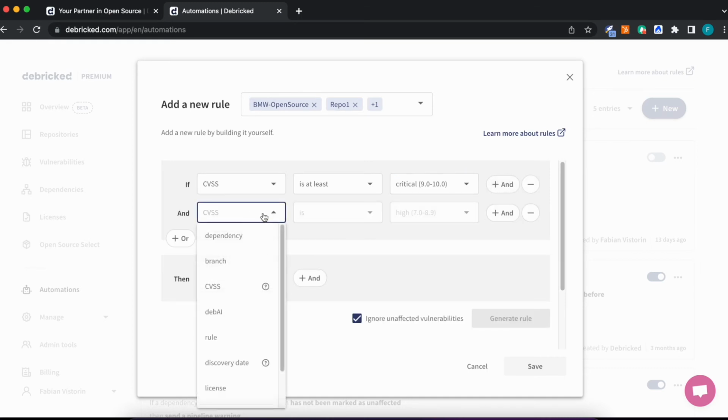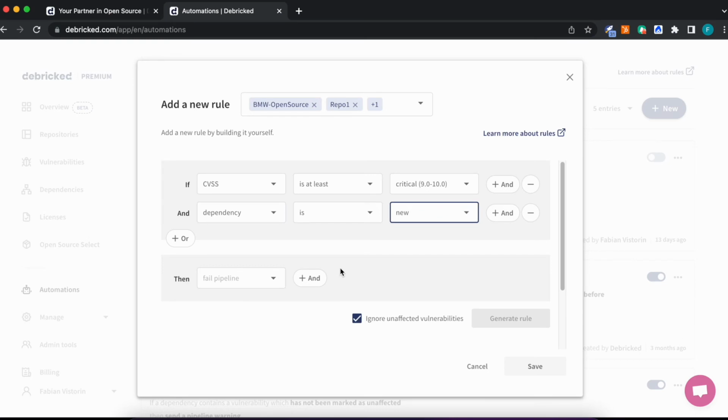And maybe this dependency needs to be new because, and that's something that we often suggest, if you would integrate Debricked to your projects now right away, you will find a lot of vulnerabilities. That's just how it is. And if you then want to scan continuously and set up those rules, you will run into problems because you